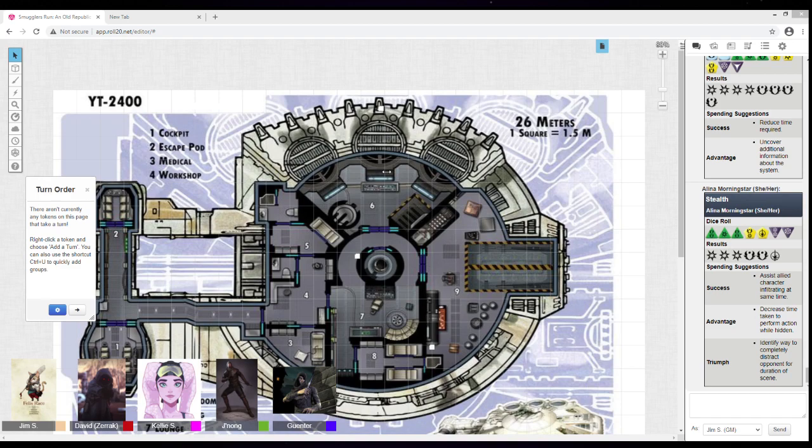So rifles and vibro axes, blasters are fine. Normal military grade weapons are okay. It's just not the ship class weapons that would destroy half the town. If you're walking around with a Gatling laser, somebody might take offense to that. Okay, so I have my rifle and my